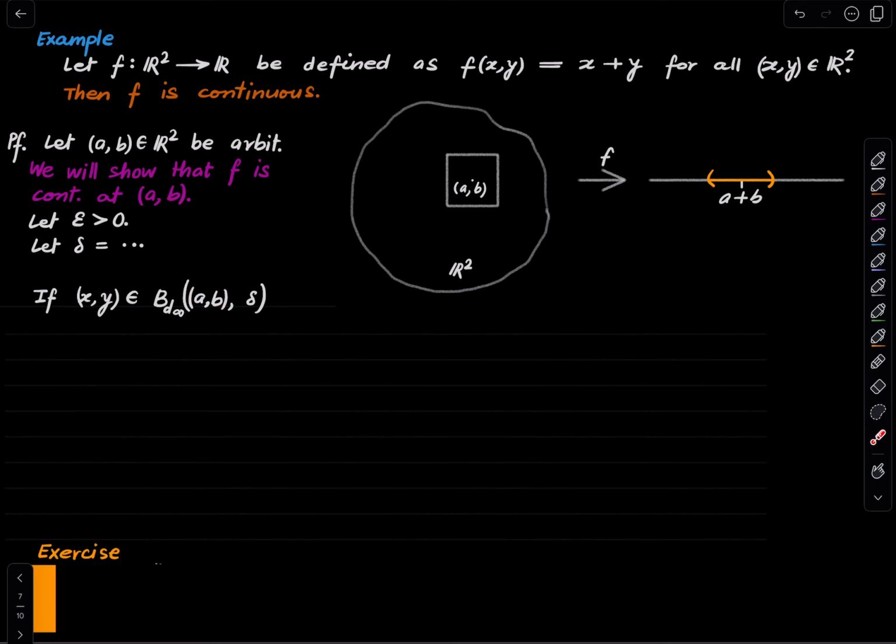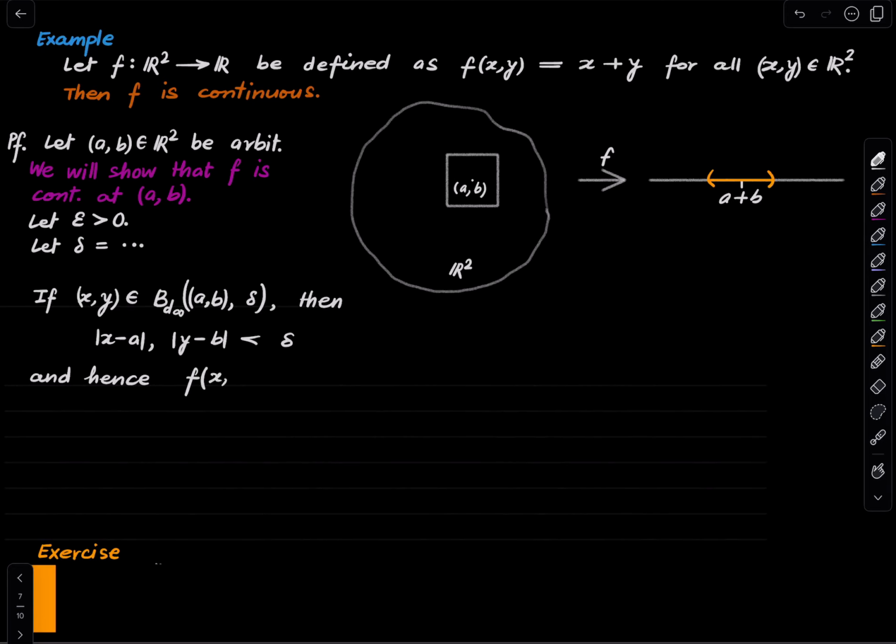But here in this proof we are using coordinate notation, which is why this is becoming so cumbersome. So if (x, y) is in this delta ball, then by definition of the infinity distance, the maximum value, or maybe I'll just write one line that both of these numbers are less than delta, and hence